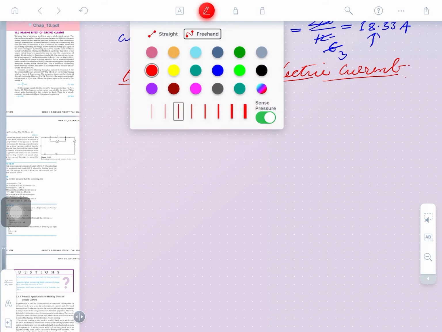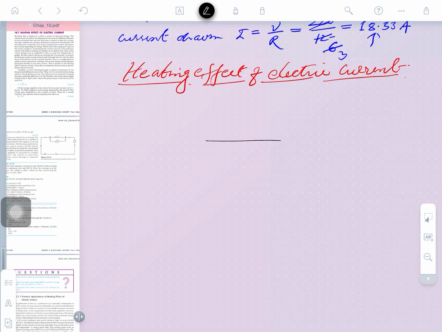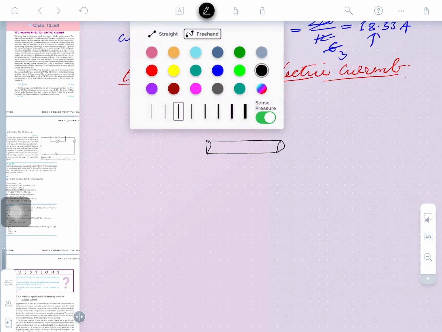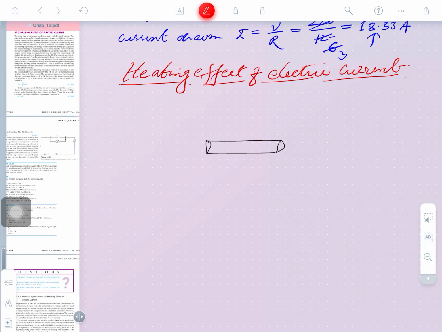So I am telling this, see here, suppose I have taken a conductor, you may see on your screen, and this conductor is connected with the supply. The supply is there, it's conducting wire, a battery here, and a switch is here also, and a current limiting device is there, and the complete connections are made here. It's a positive, it's a negative, this is the supply, it can be of any voltage, and the key is here, and this is called a rheostat. Actually it limits the current that is to be passed here.